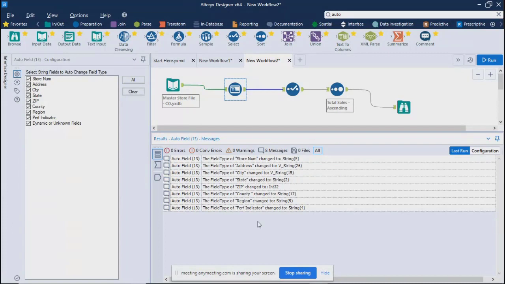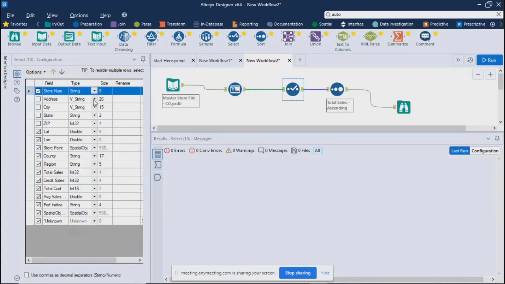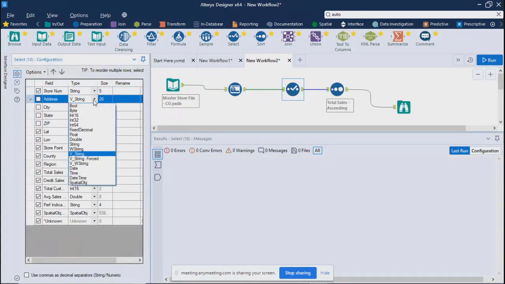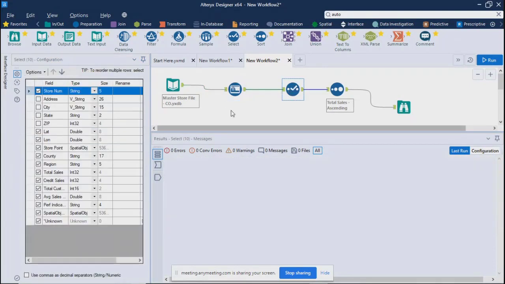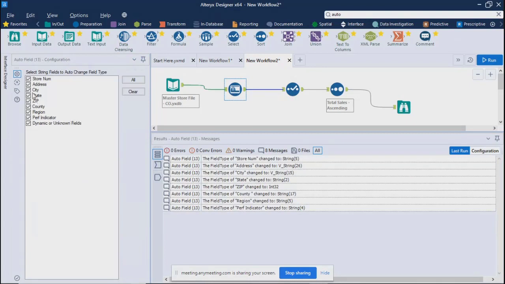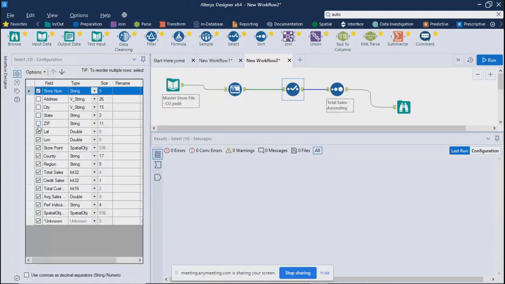So it automatically changes. It doesn't allow us to change, right? Over here in the select tool, it allows us to change length as well as data type. So that's the difference. And the common thing is that in both places, you can select which columns you want to take as an output. That checkbox you have.